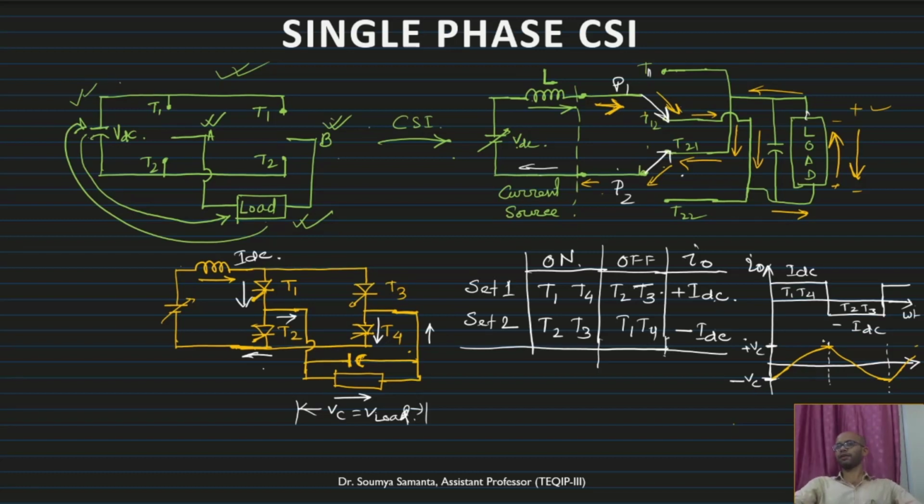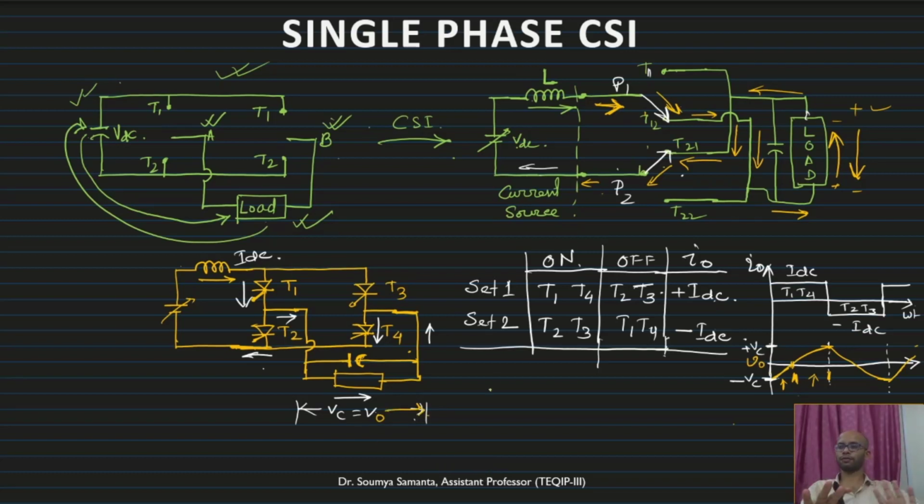So if you see, T1, T4 is on. In this particular case we are getting negative voltage, and in this particular case we are getting positive voltage. There we are getting negative voltage. That is why I told that these switches have to have the capability to block both voltages. So within one particular set, the voltage is positive for some time and negative for some time. So we are getting alternating voltage. So this is the output voltage or load voltage. We can say this one is V output.